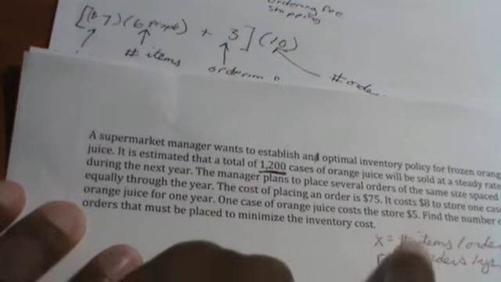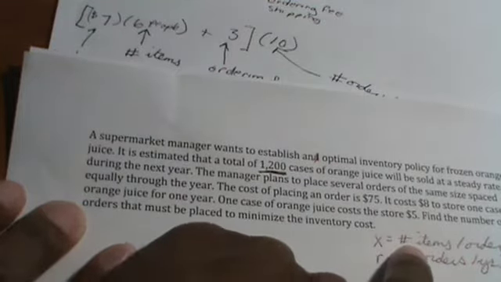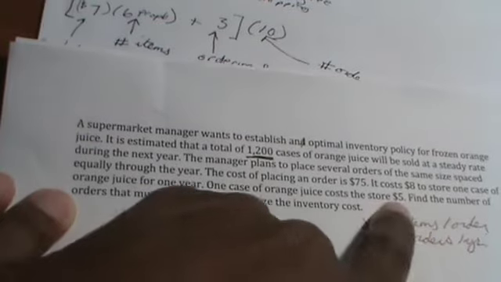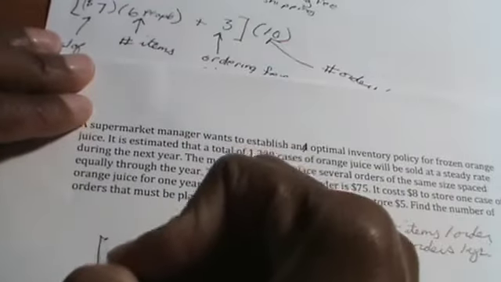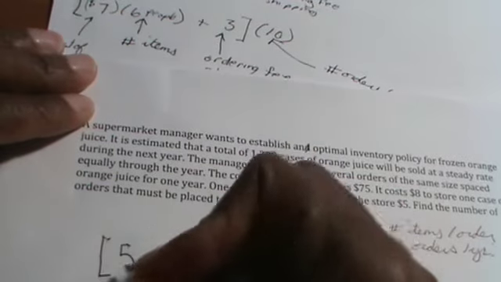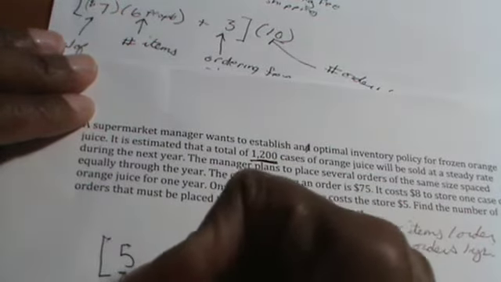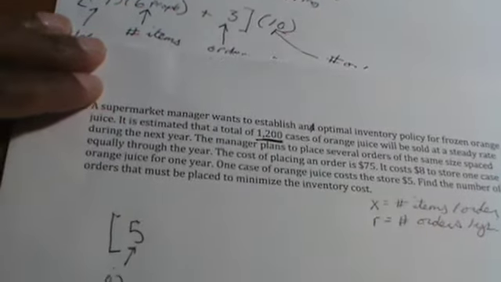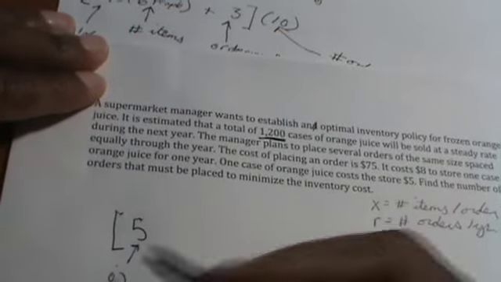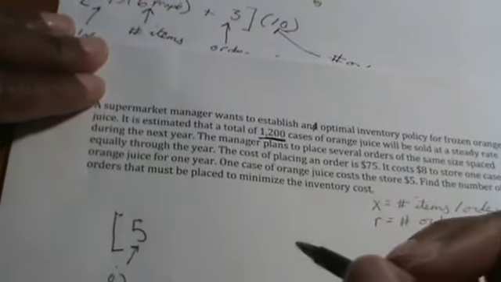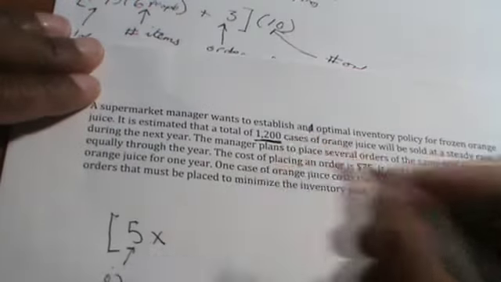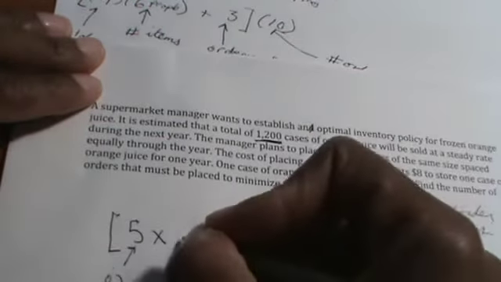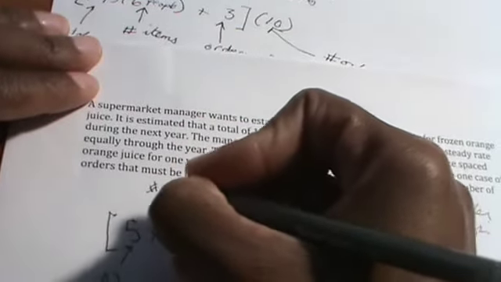So then X cases of orange juice, right here, would be 5 times X. So when I set up my equation, I get $5, because notice this is the OJ, right? That's your commodity. And I'm multiplying it by however many cases of OJ I have. Now, I don't know what that is, so I'm going to say that that's X. Plus, okay, so this is the number of cases